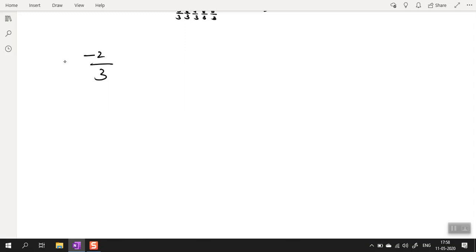Okay, now if you don't look at the minus sign, you will see that this is a proper fraction. The denominator is greater than the numerator. So this number lies between, it of course lies on the left side of the 0, but it lies between 0 and -1. So suppose this is the number line, and here is your 0, here is your 1, 2, 3. Of course we don't have any use of this, and here is -1, -2, -3, and so on. Your number lies between 0 and -1 because it's a proper fraction. Numerator is smaller than the denominator.